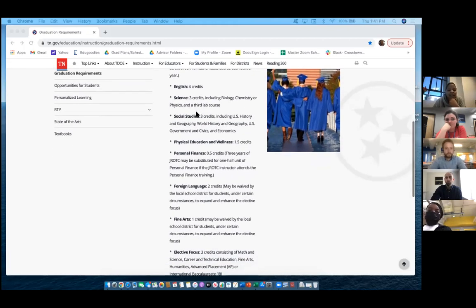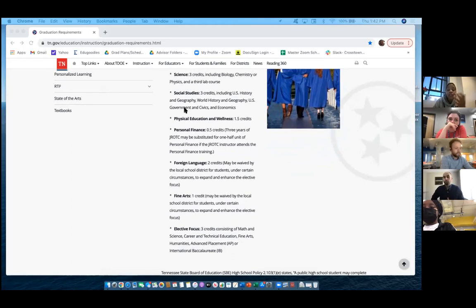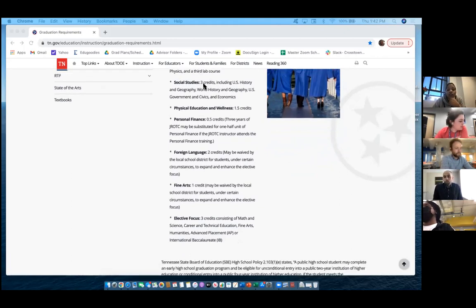You have science. You need 3 credits' worth of science, and that includes biology as a requirement, and/or physics, and your 3rd is a lab, and you probably have environmental here at Crosstown, okay? A lot of you all come in with physical science. That's also a lab science, but that's going to your elective spot, and Miss Maggie, again, will talk about that here shortly. Social studies, you need 3 credits.